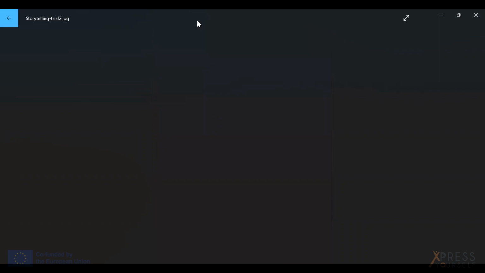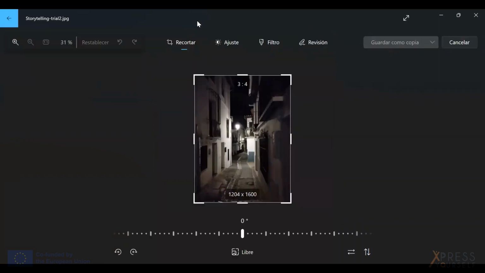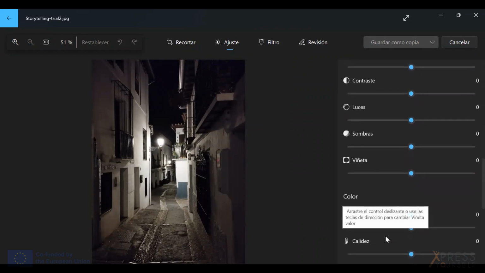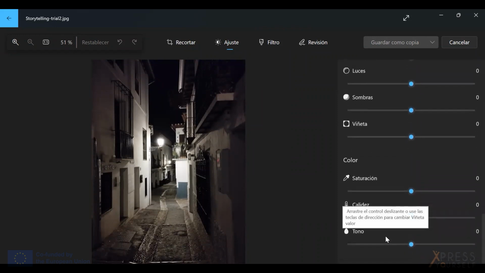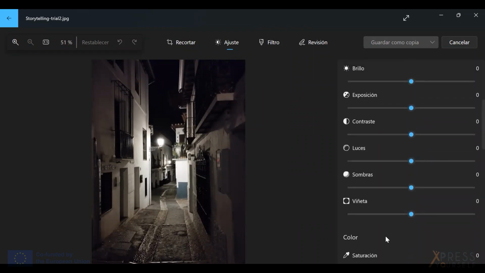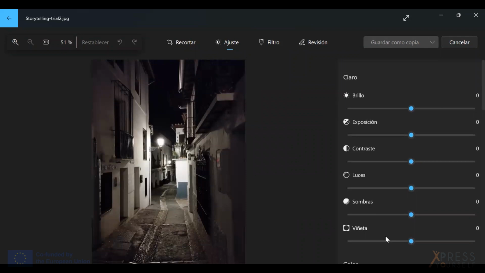So if I click here, I can edit the picture, right? So I can make it smaller or bigger. But if I go to settings, I have the option of changing any of the things that we are going to talk about.